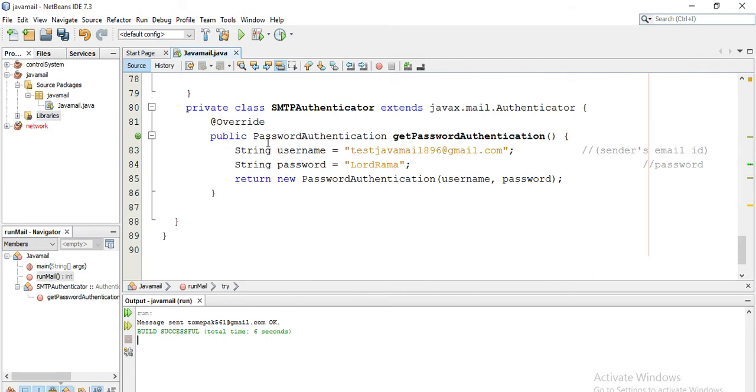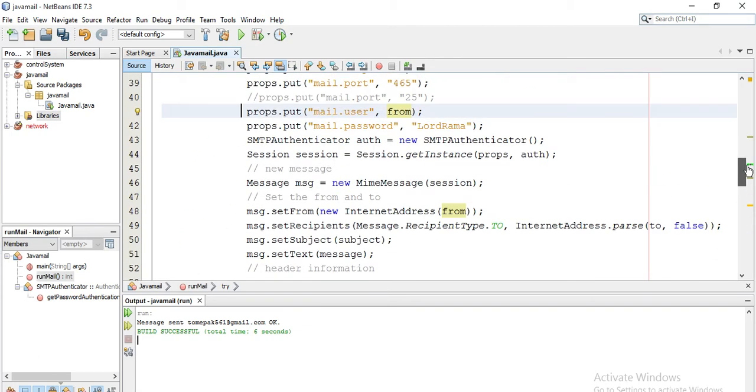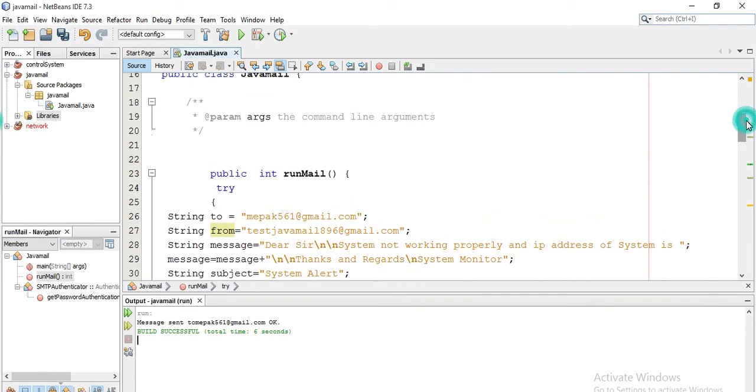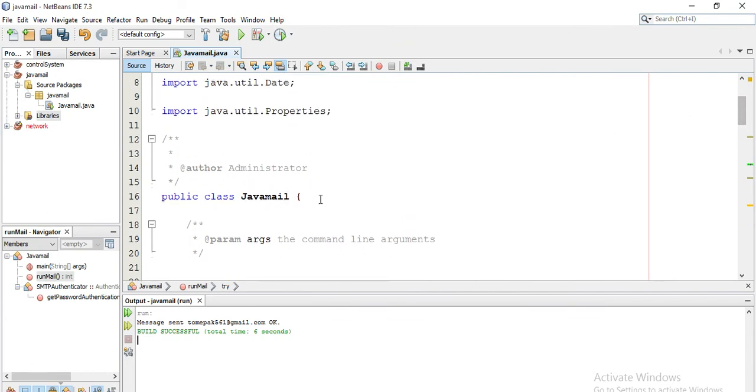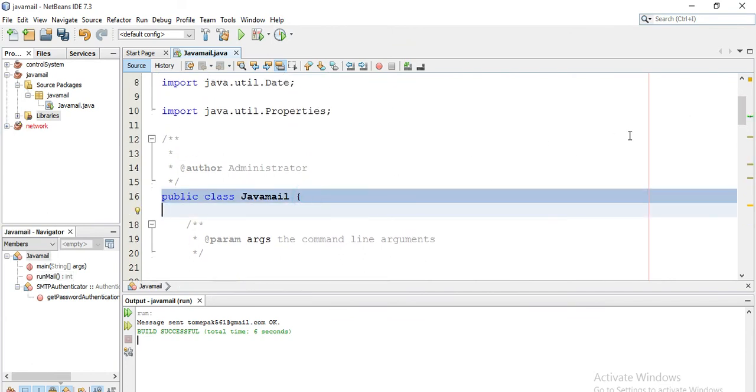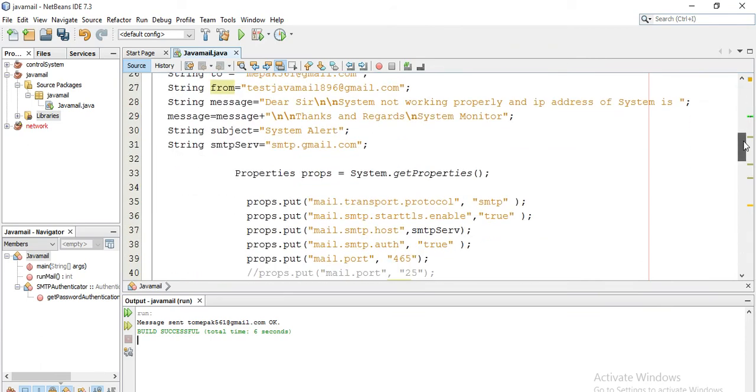So this is all about the programming. You need to close the braces for this private class here, and this last one is for the main class. The JavaMail class you started at the beginning must be closed at the end, so these are the end braces.